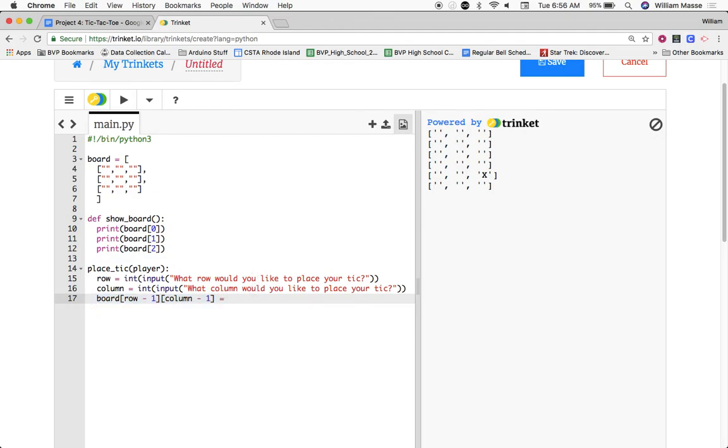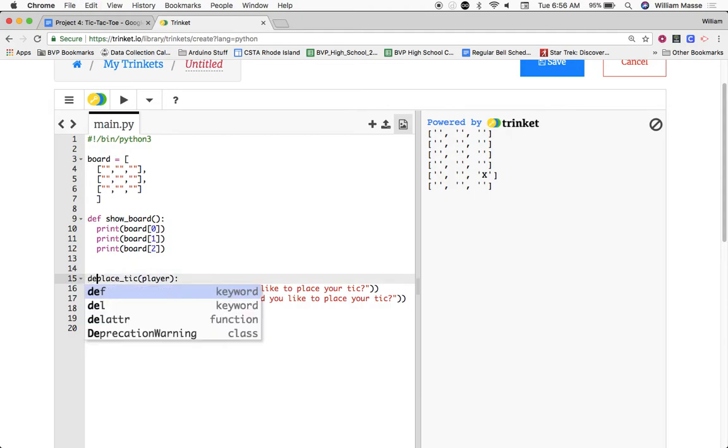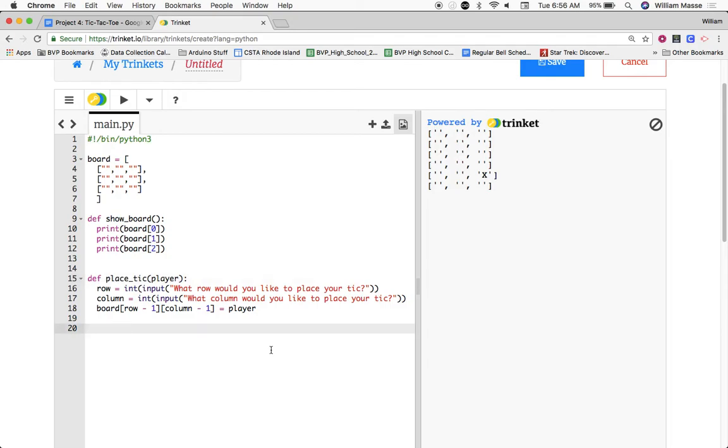And we're going to set that equal to player. So we could type in a string X or O here, and we'll put it accordingly. So hopefully this should work now. So let's just test it out. So let's print show board before the function. Actually, well, that's my function's definition. Oops, I forgot to write def. There we go. So let's try it. We'll show board,